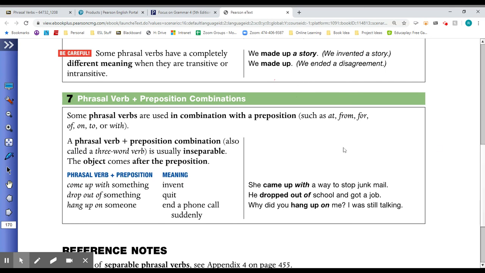The last note here. Sometimes we have a phrasal verb with a preposition. These are also known as three-word verbs. I recommend learning these as phrases. So to come up with, to drop out of, to hang up on. Here we see phrasal verbs with a preposition.